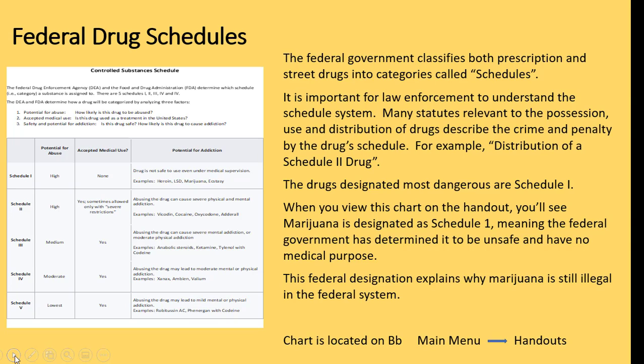You can have and possess marijuana in the state of Colorado. So the DEA is conducting an investigation in Colorado. If a person is using marijuana, growing marijuana, or selling marijuana on Colorado state property, the Drug Enforcement Agency could not arrest someone and say, well, we're federal officers and it's illegal on the federal level. If they are complying with state law on state land, they could not make that arrest